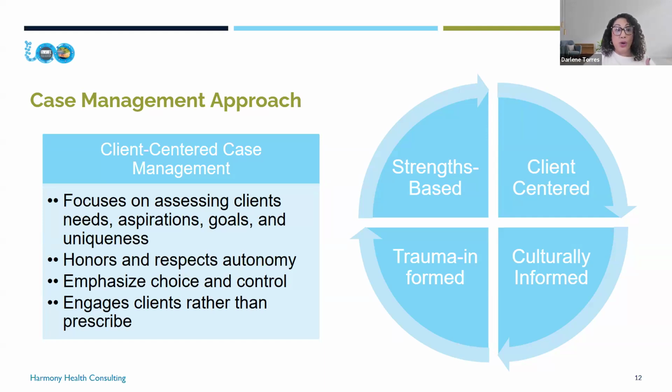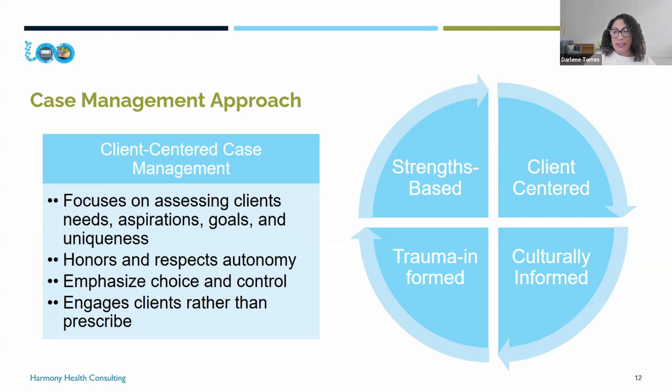This way of approaching or wording things differently is going to again help build that trust, increase engagement, and really will support that more sustainable change that we're looking for when we're working with our community. And so, again, being client centered, make sure the client's voice is there first, that their preferences and their culture are also things that are addressed.